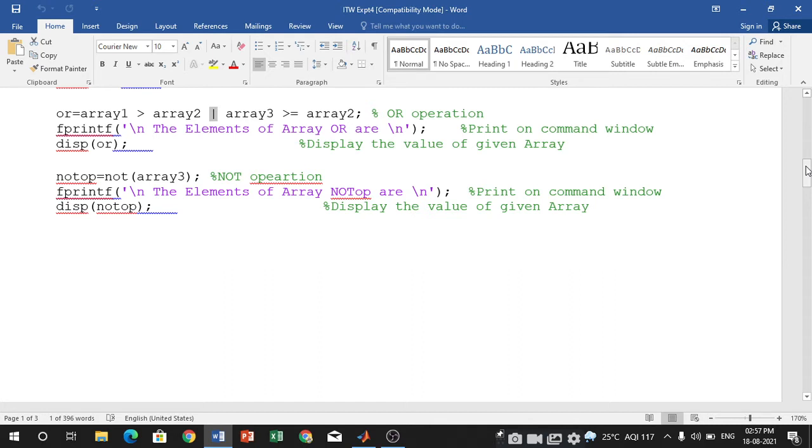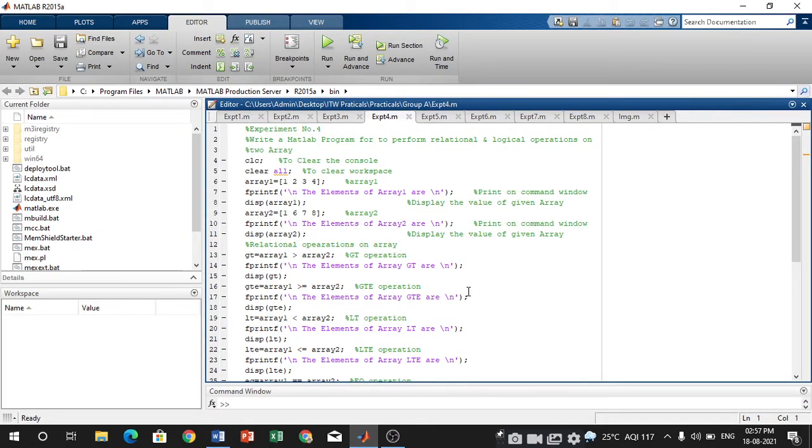So we are going to perform this practical with the help of MATLAB. CLC and clear all are the starting commands for MATLAB.